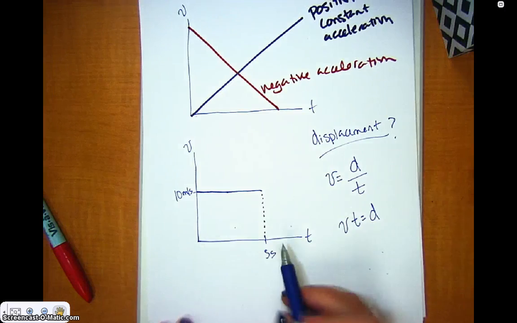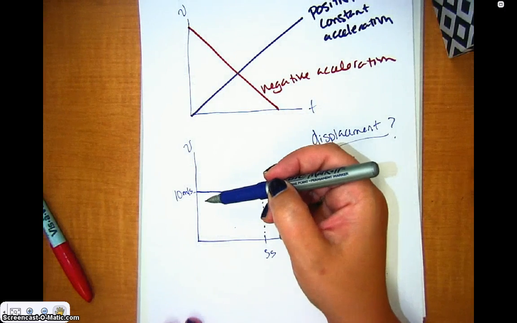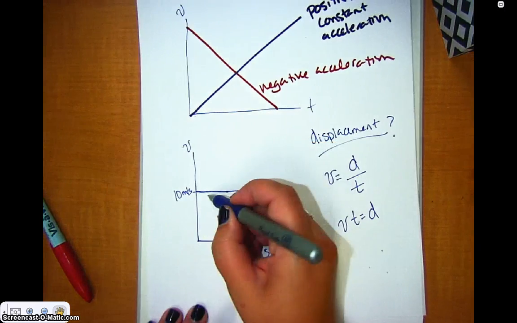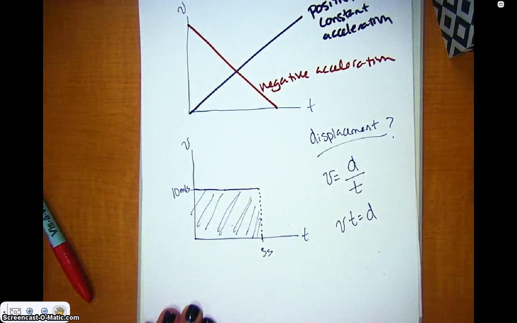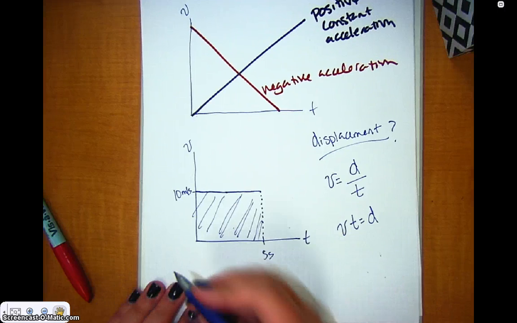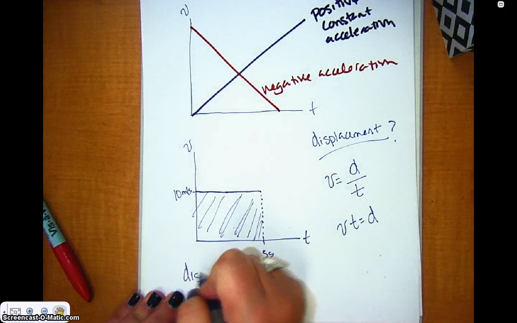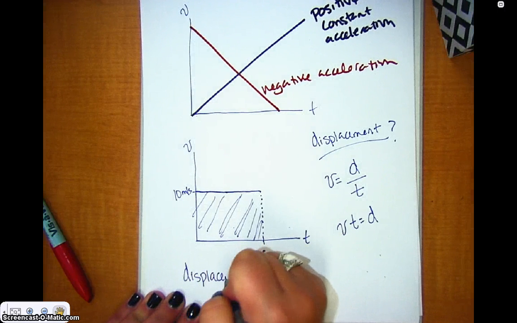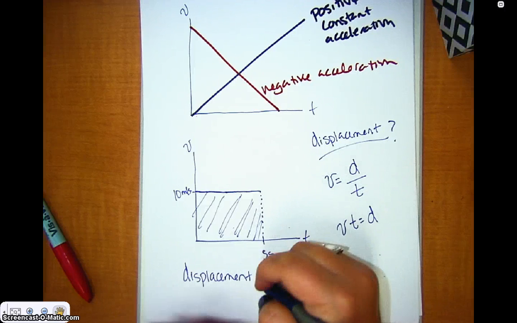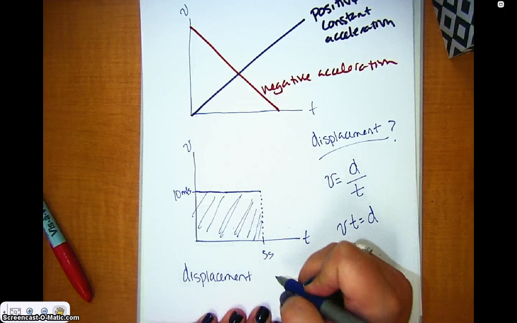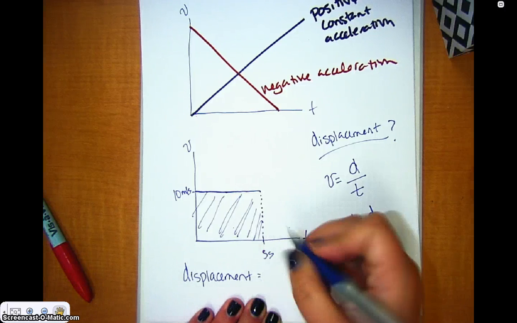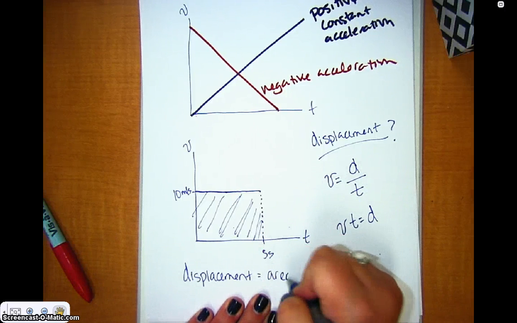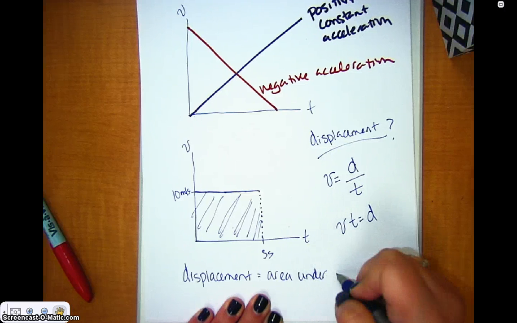Well, I guess it's time this way and velocity this way. So if I were to multiply velocity by time, it would be equivalent to the area under the curve. So the displacement can be calculated by taking the area under the curve for a velocity versus time graph. So displacement is equal to the area under the curve